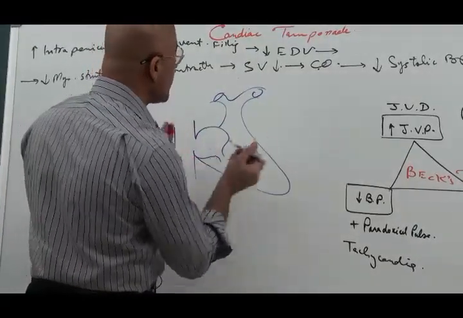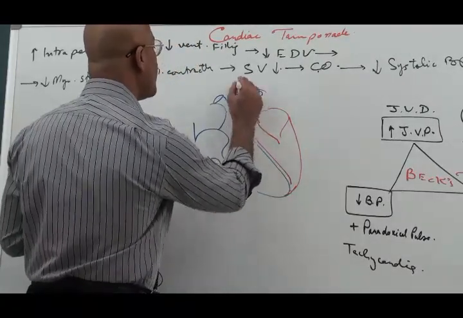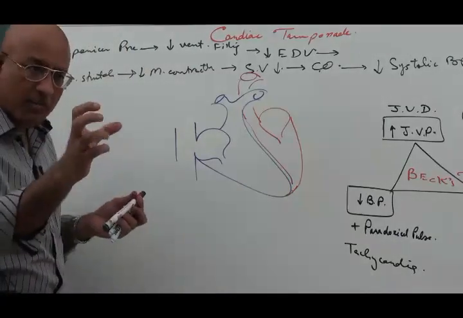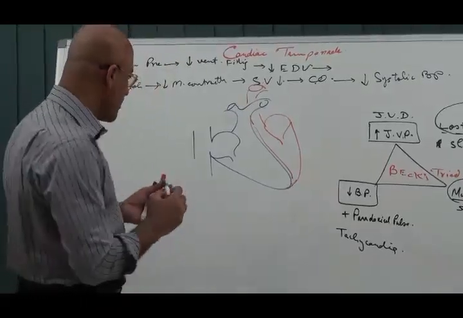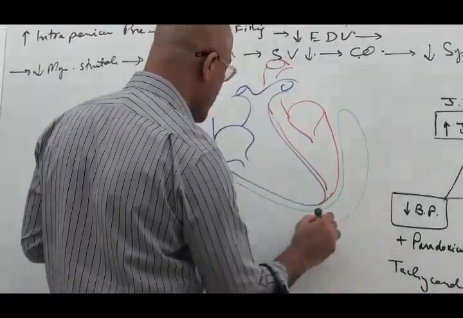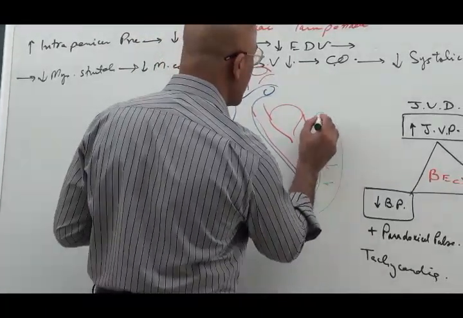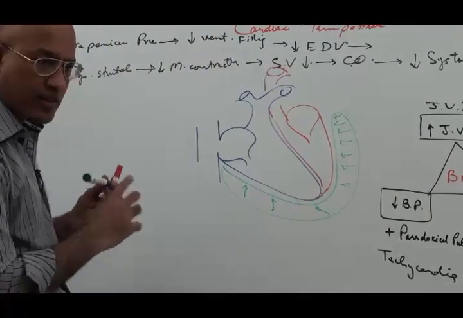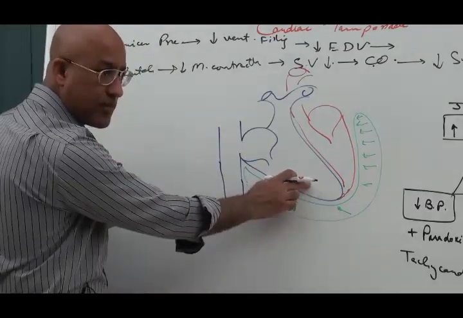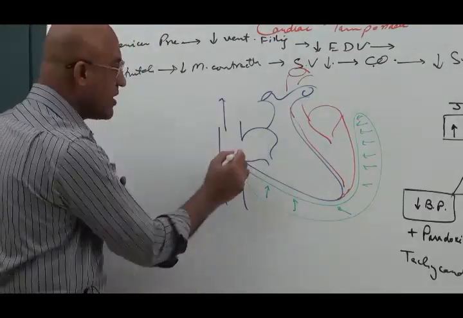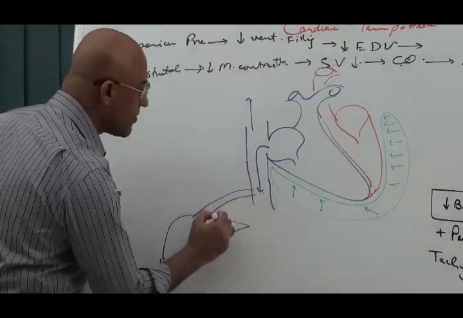Here is your heart, and it is very gradually developing a very long-term, mild tamponade, right? It may have some features like cardiac failure. Now these are the pressures, very slow and mild, mildly compressing the heart. In this case, of course, when there is more pressure on the right side for a long time, the jugular venous pulse will be chronically elevated, even central venous pressure will be elevated, and then hepatic veins can't drain